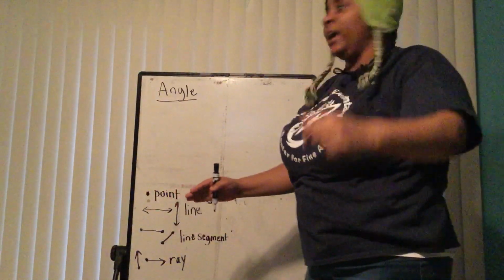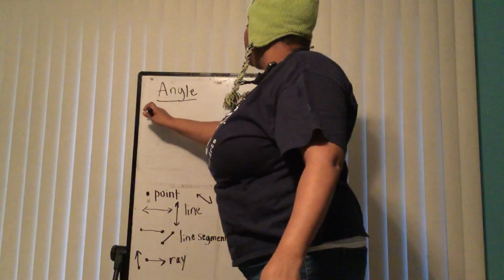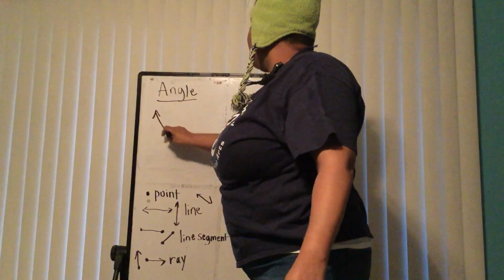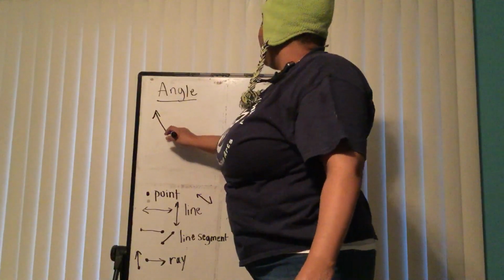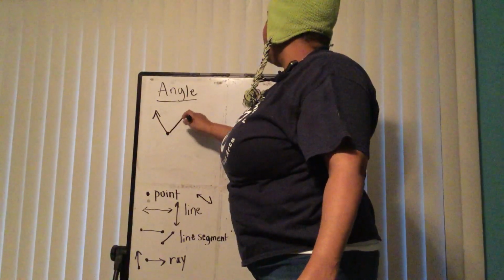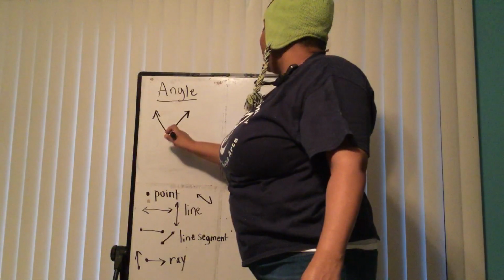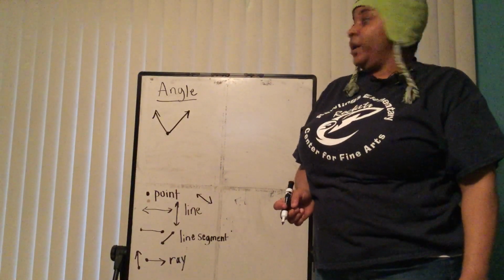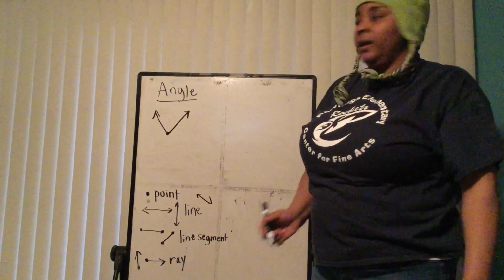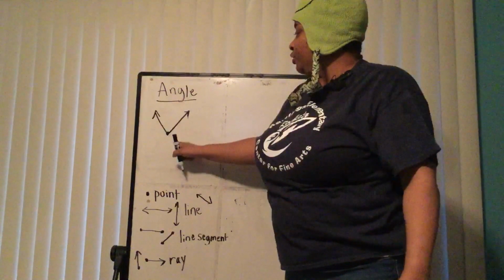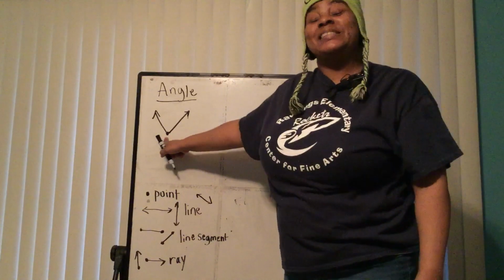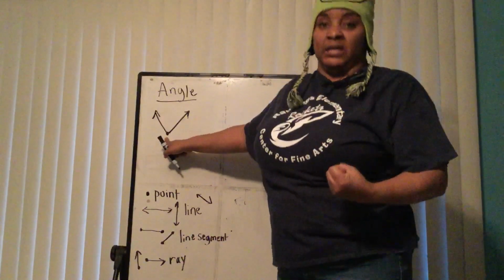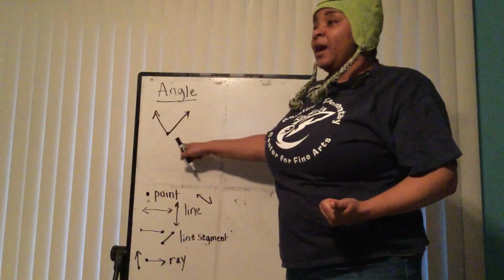So what does this look like if we draw it? I've got this ray, I put my endpoint, and I have this ray. They have the same endpoint. So draw that for me. I've got ray 1, ray 2. They come together with the same, or let's get fancy because we use mature words, common endpoint. They share a common endpoint.